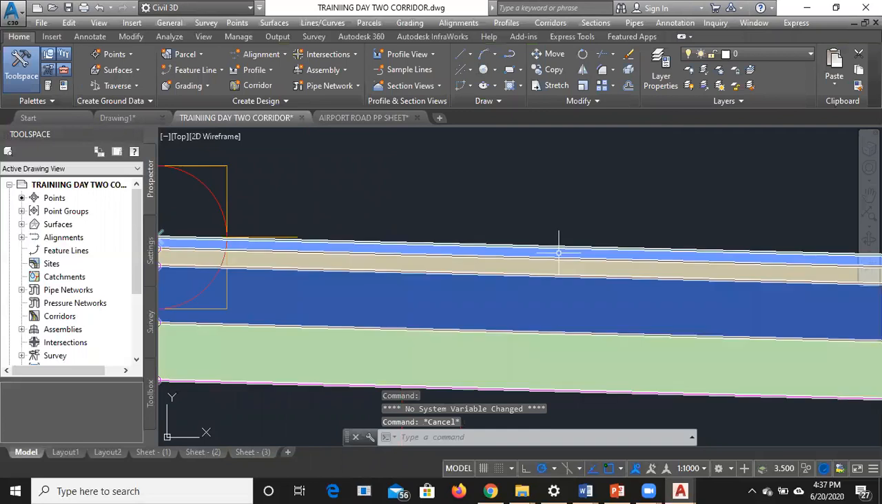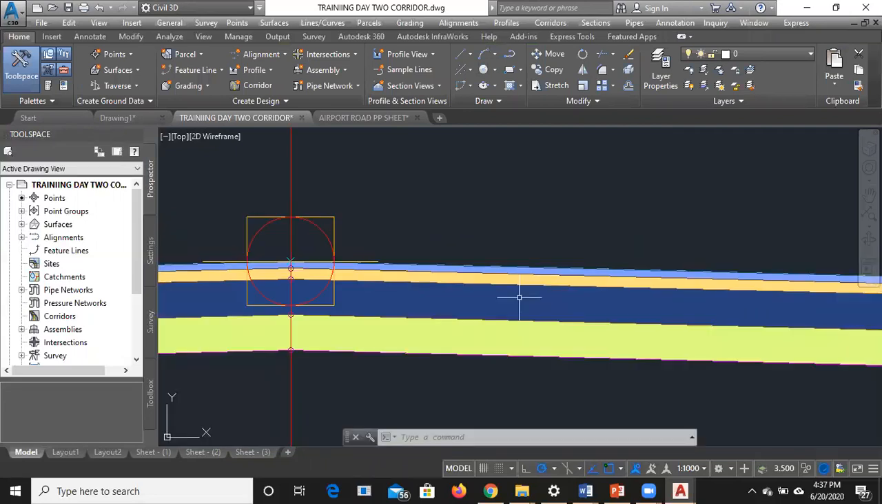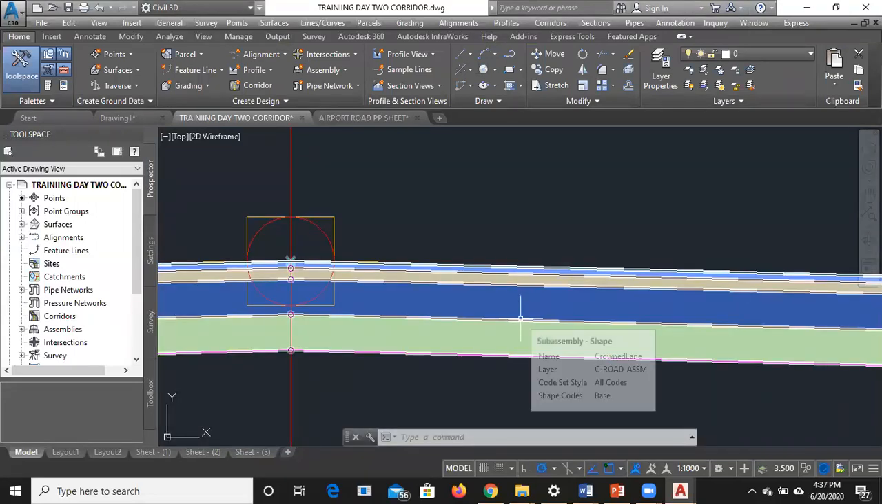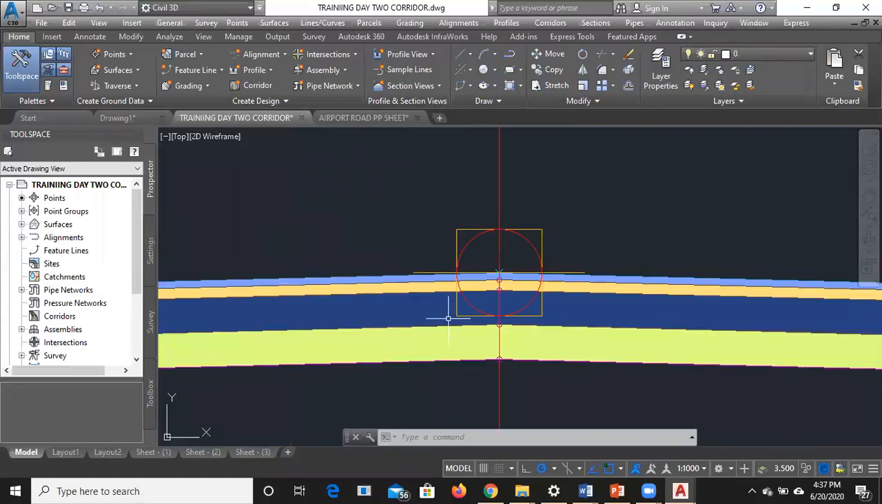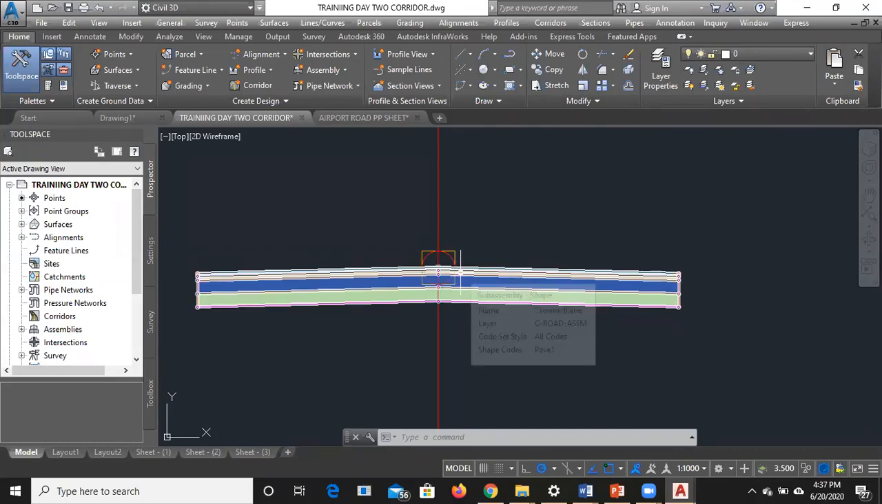This one here, the blue one, is my pave one. The next one, my pave two. This, my base, and this, my sub base. So the next step now, if your road is having a shoulder,